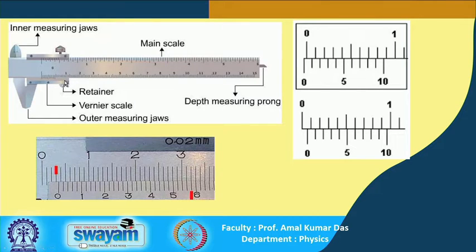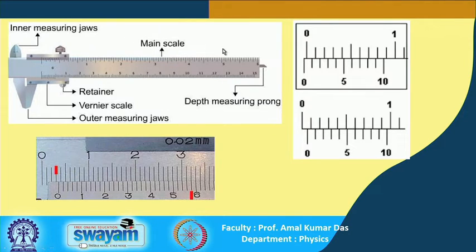This retainer, as I showed, is used to tighten it at a particular place. So, to retain it we use this. Okay. And this is the vernier scale. So, that I have shown you, and then I have discussed the